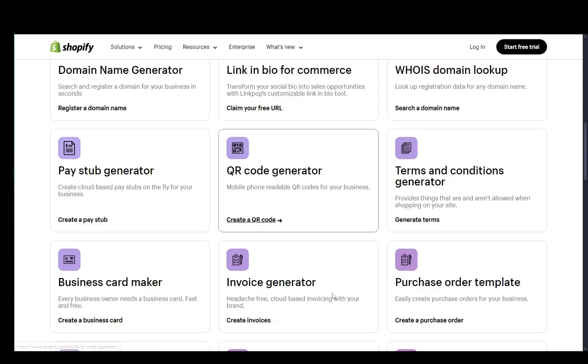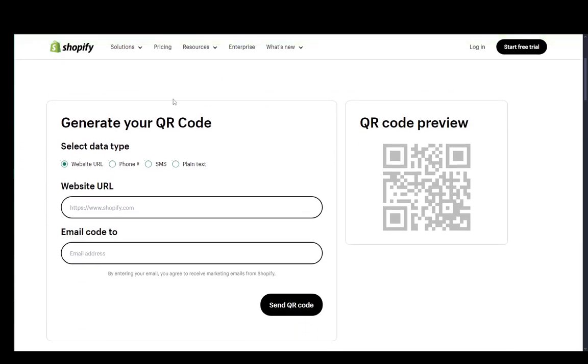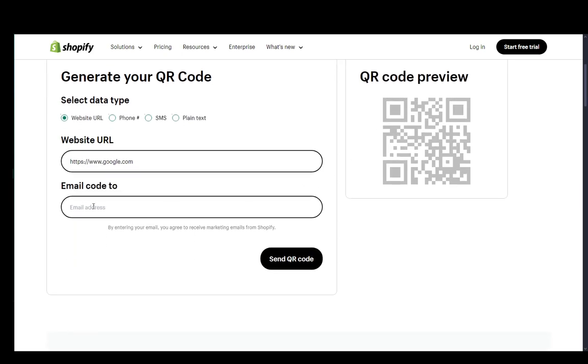Now, what you want to do is click here to create a QR code, and you'll be brought to this screen. First, what you need to do is make sure website URL is selected, and then in here in website URL, you want to copy and paste the URL or the domain of your website, and then that'll generate a preview to the right. Now I am using google.com just as an example, and it's not previewing for some reason,